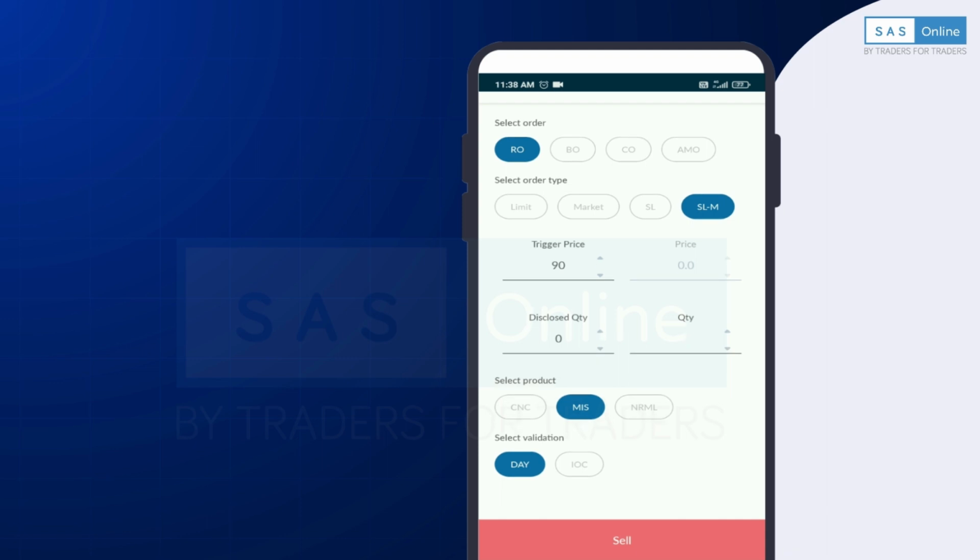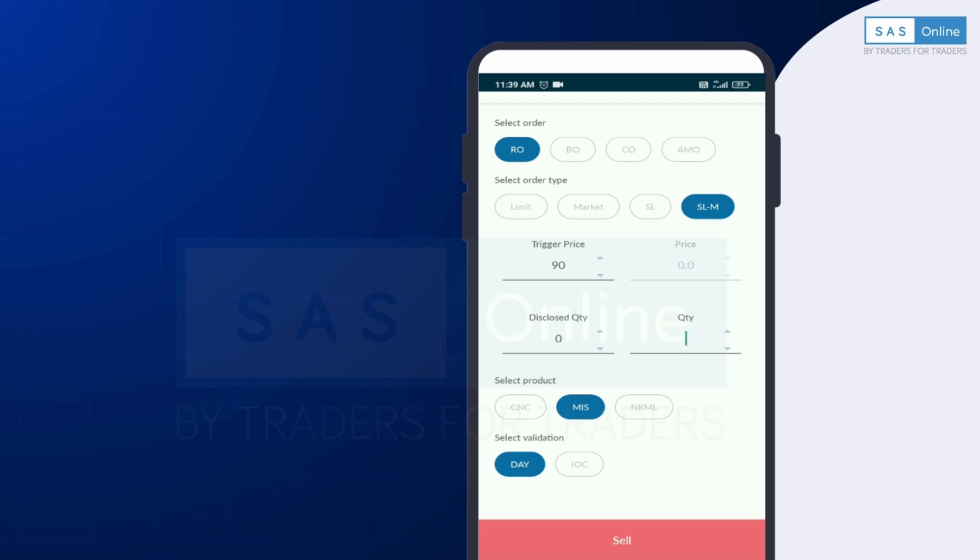For the currency, the timing is 4:50 p.m., and for the MCX, the summer timing is 11:15 p.m. and the winter timing is 11:40 p.m. Okay, and in the MIS, we give you up to 3 times leverage in the equity cash. The margin sheet you can check on our official website